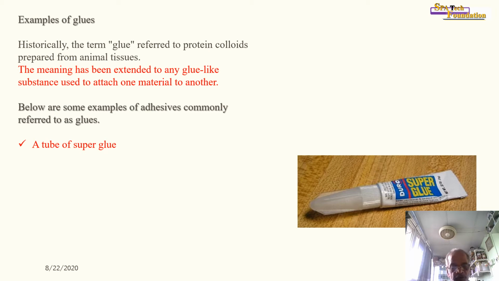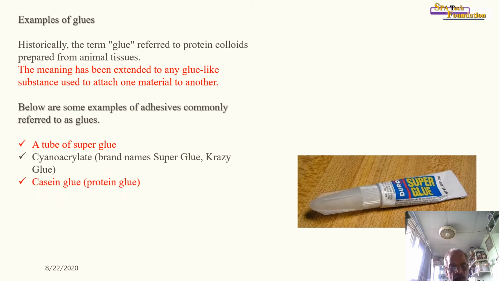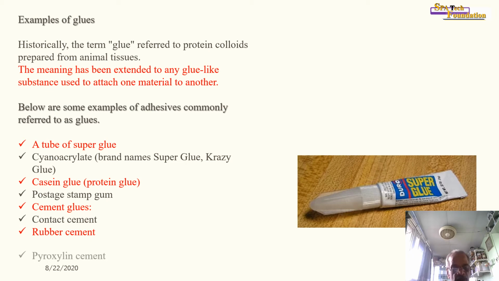A tube of superglue, cyanoacrylate, brand name Super Glue or Krazy Glue, casein glue, protein glue, postage stamp gum, cement glues, contact cement, rubber cement, epoxy cement, plastic cement, technically a solvent, not a glue,